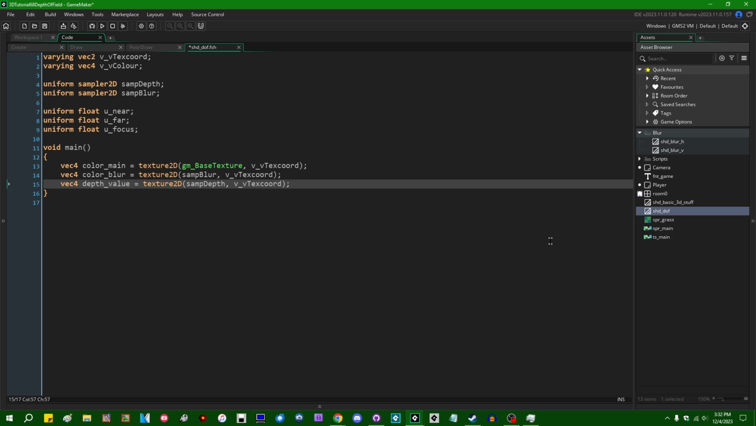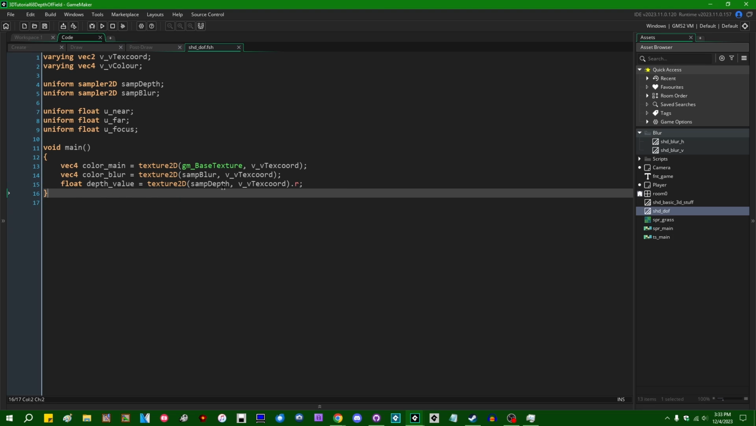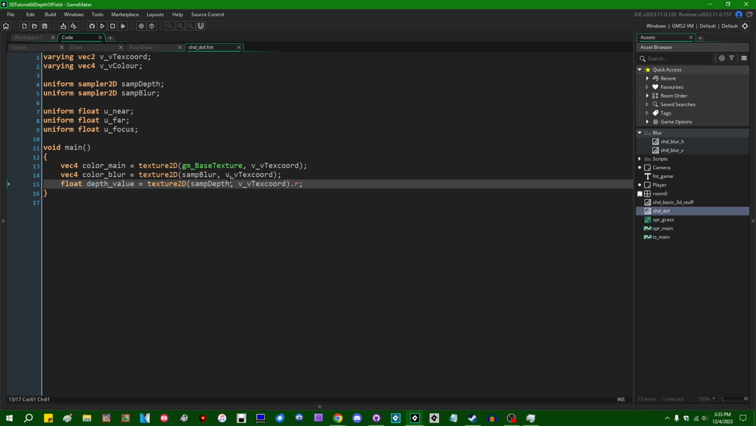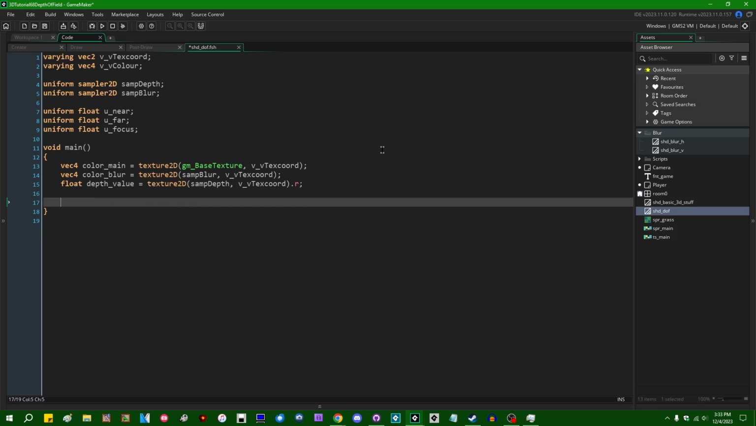And vec4 color, actually no, I'll call it depth value, is going to be texture2D from samp_depth. And since this is a single channel 32-bit float surface, we don't really care about anything besides the first component of the vec4 that's going to be returned by this texture2D lookup. So we can just say float depth_value is going to equal this texture2D samp_depth texture coordinate dot red. So before we do any weird smooth step math or anything like that, let's first do a super rudimentary check, just to see that this is working at all. If depth_value is greater than u_near, and if depth_value is less than u_far,